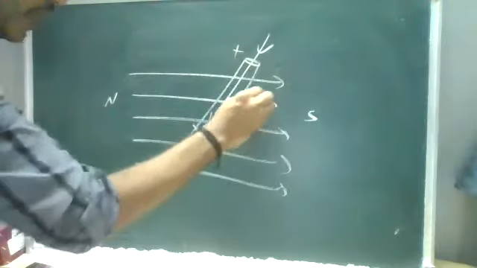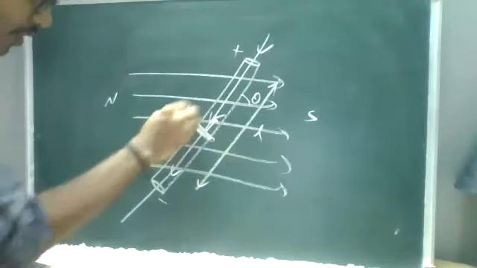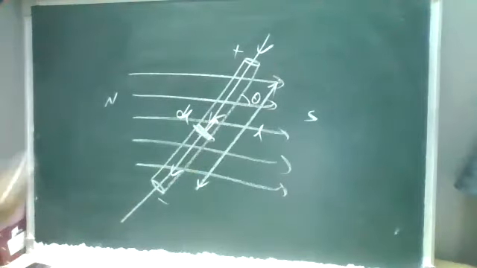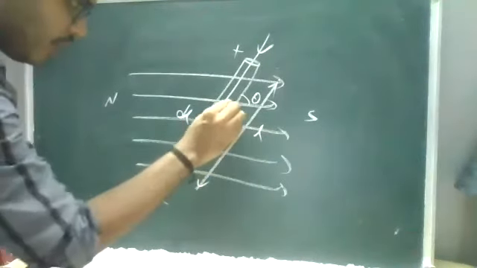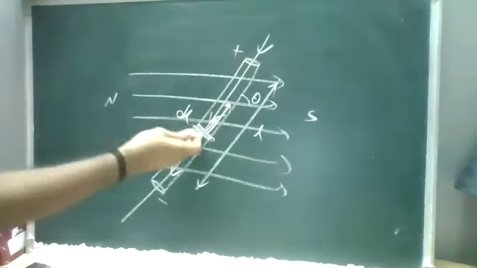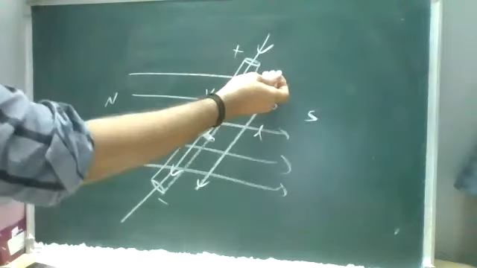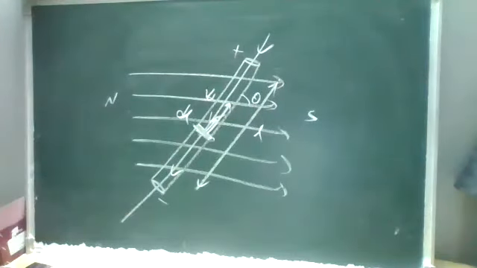Assuming it makes an angle theta, the length of the conductor is L, and I take a small change dl. Some electrons travel in the direction opposite to the current. This is the relation we discussed there: Vd is equal to minus E by m into tau. These slippery electrons gain some velocity Vd, travel along the length L of the conductor, and there are n number of electrons traveling in it.